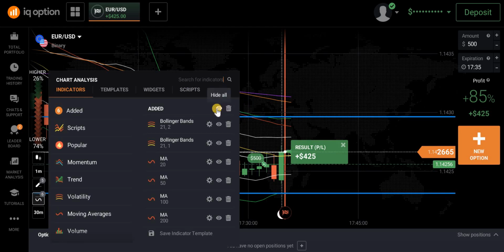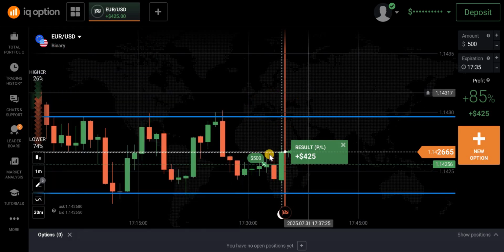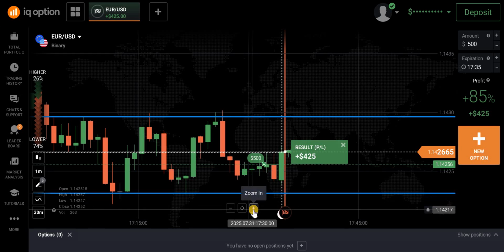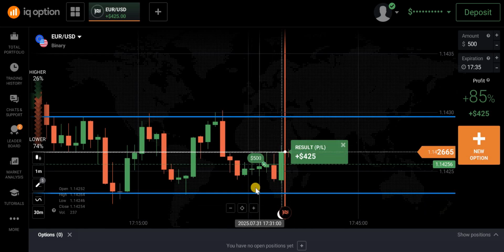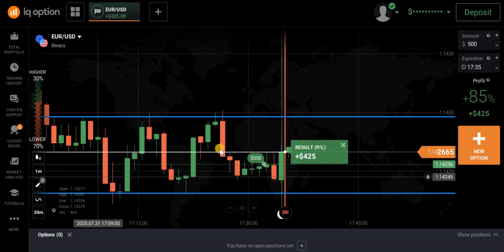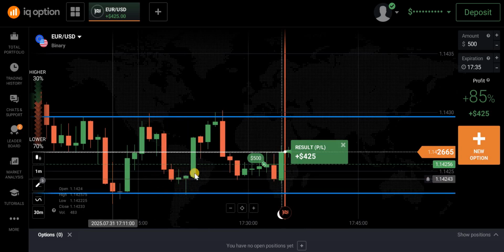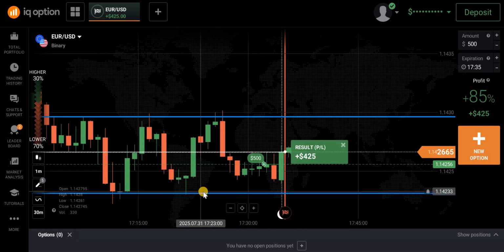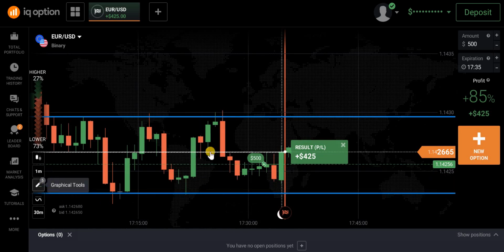Let me remove these EMAs and Bollinger Bands. Now looking at this point, if you are so focused on candlestick patterns, you will find out that you are going to miss out here, because you will always be going for a put option. But once you know that at the support you do call, at the resistance you do put, and how do you do the call and the put? By the time you are at the support